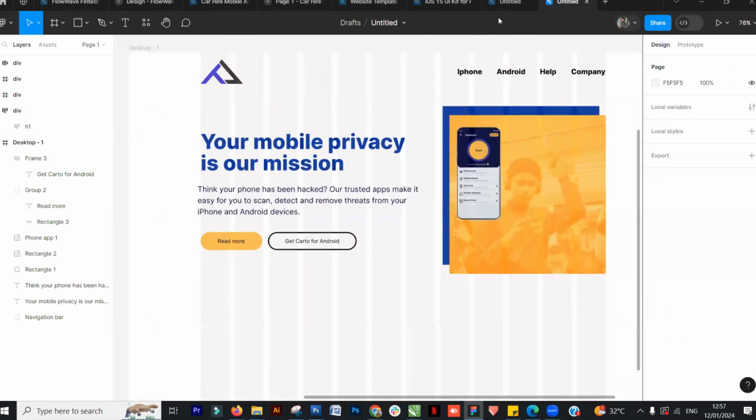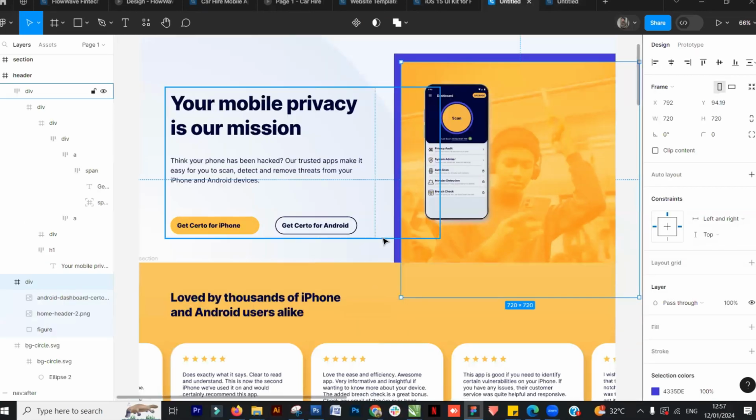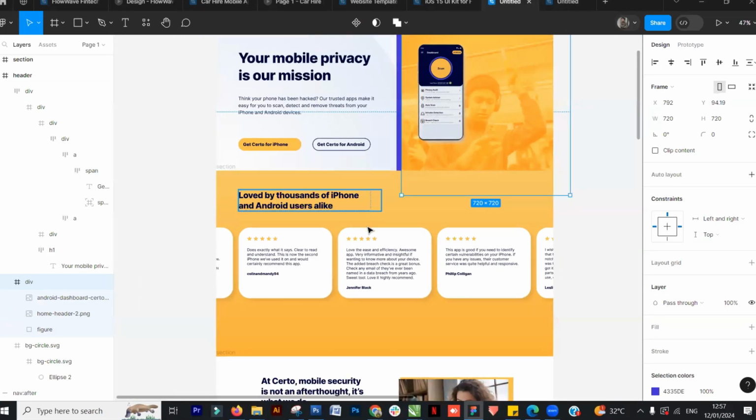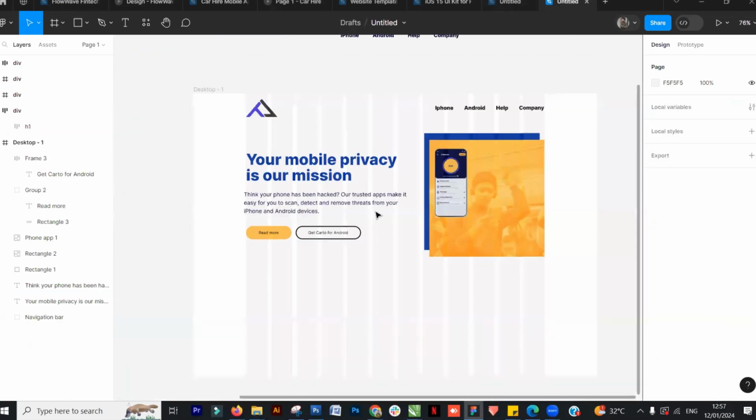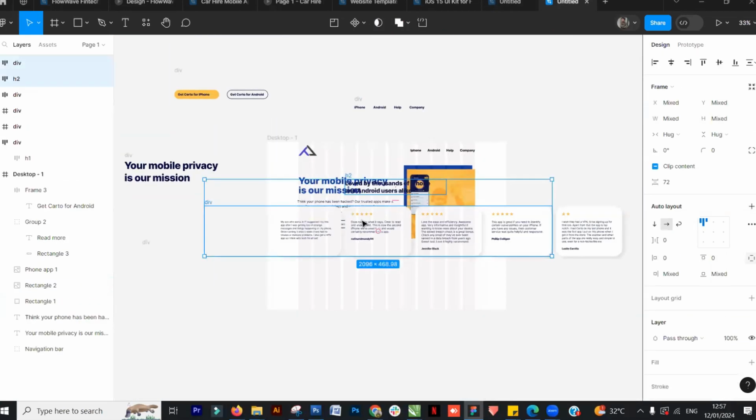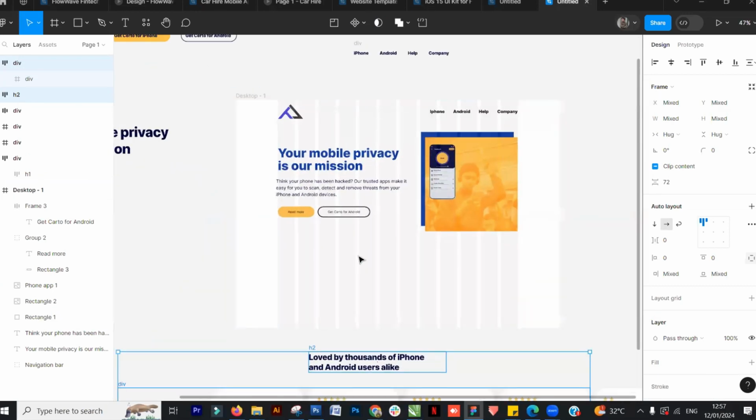Then we have this as well. So the next step is this. Let me copy and paste so that I can replicate instead of moving back. So for this,